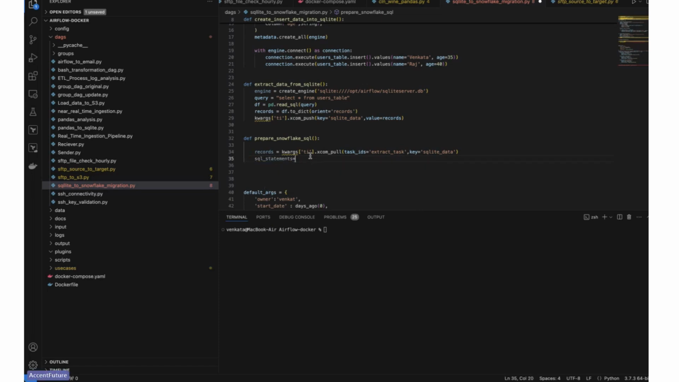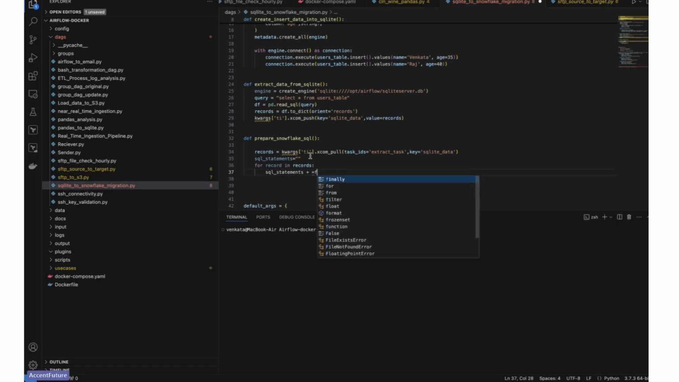I'm going to generate a SQL statement. So I'll just call for record in the records. If you have more records also, it should be fine. I'm going to create a SQL statement. I just use